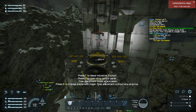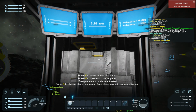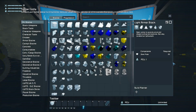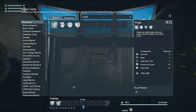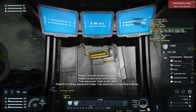But, alright, so now I need, oh, we have the hinges, okay, good. But the question is, are you going to let me actually see the hinge? No, of course not. How am I supposed to know how this thing is on here if you don't let me see it? I mean, I could assume that that's the way it's supposed to be placed. Unless, of course, it doesn't want to place it anyways, which is always possible. Okay, so this is... Why do you not show it here? That's just dumb. Okay, so if I'm assuming that it's that way...